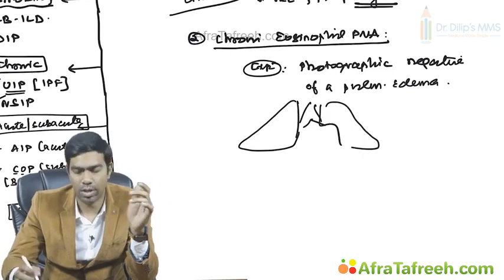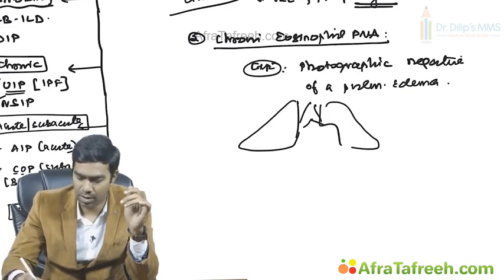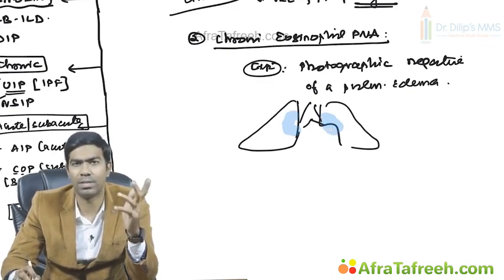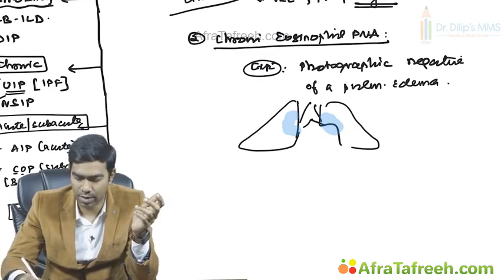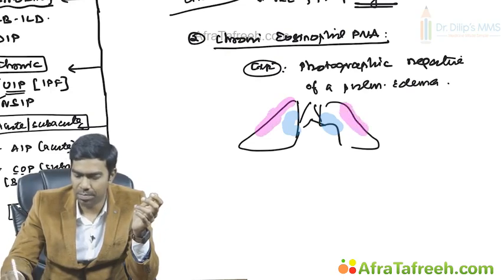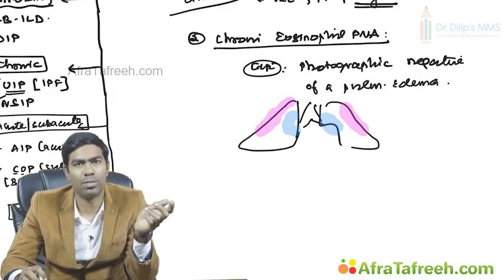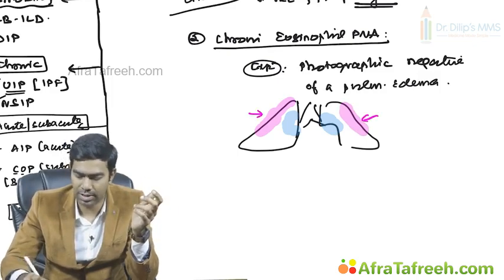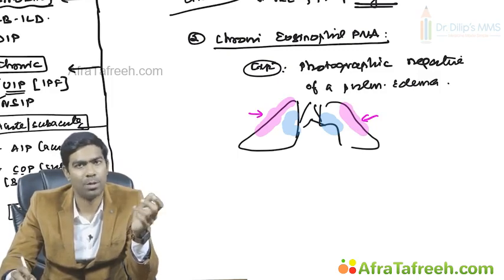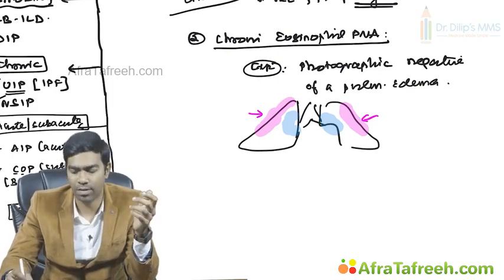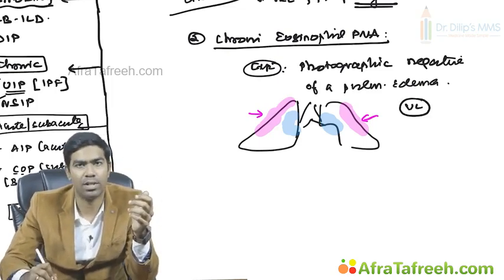Typically, one important thing is that in pulmonary edema, your infiltrates will be predominantly concentrated in the hilar region, and that is also the reason why you get this bat wing appearance. But in chronic eosinophilic pneumonia, the infiltrates will be predominantly in the periphery. All the changes you will be seeing in the periphery. Since it's exactly opposite to what you see in pulmonary edema, we call it the photographic negative of pulmonary edema. It's not hilar, it's peripheral, and it's one disease that typically involves the upper lobe more